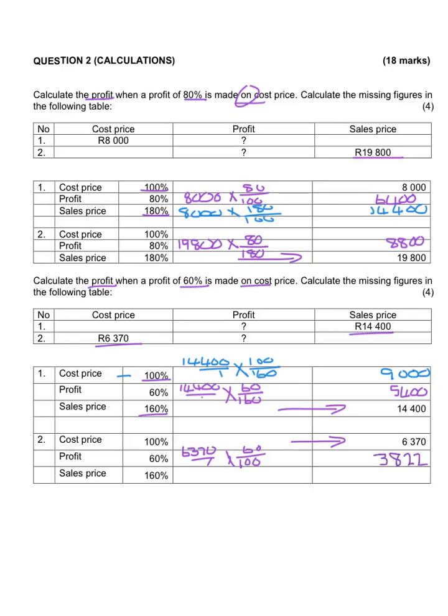and that will give us 3,822 Rand. If I wanted to calculate the sales price, I would use the 6,370 times the amount that I want, 160, divided by the amount that I know, 60, and that will give us